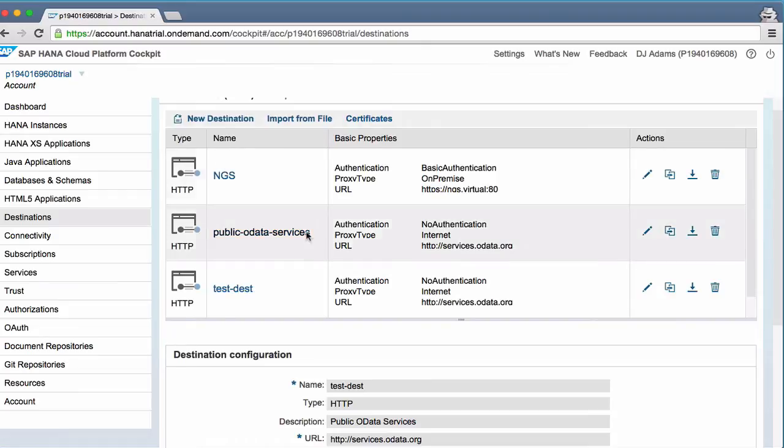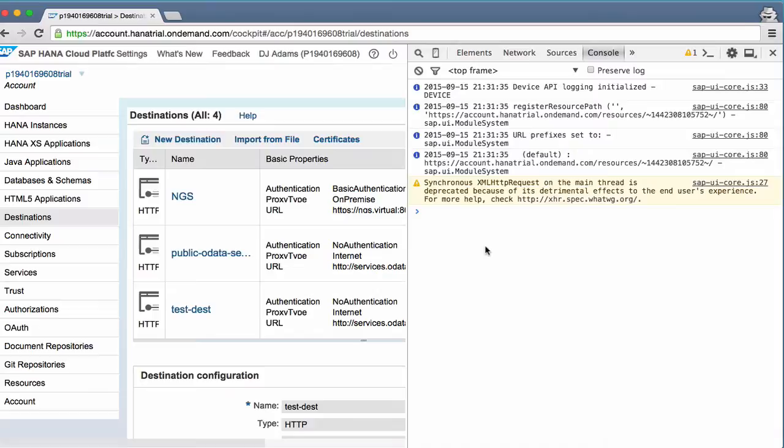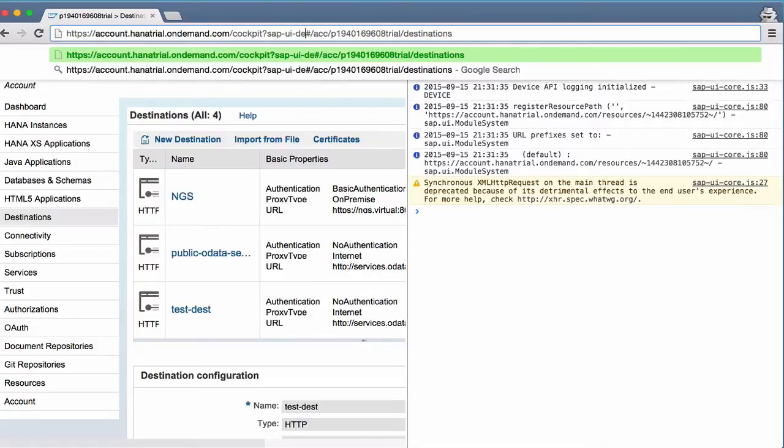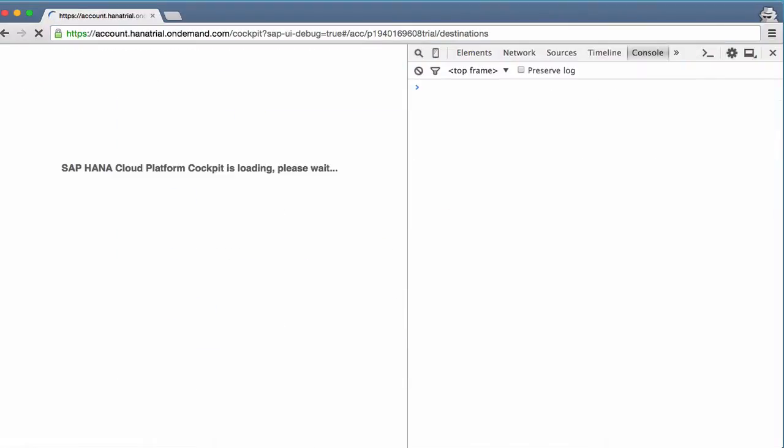I wanted to make this destinations table a little bit nicer and a little bit smaller. You can see that each of the rows here at the moment is taking up a lot of screen real estate. So to start, I had a little section called Setup, and in that setup, one of the things I did was obviously open the Chrome developer tools, which I've just done there. But what I also did was turn on debugging, and I'll do that right now via a URL parameter, because at some stage shortly we'll want to have a look at some of the source code,